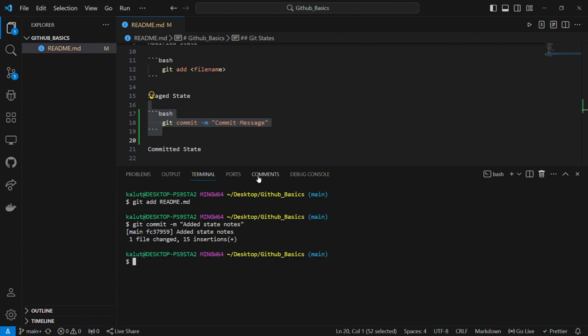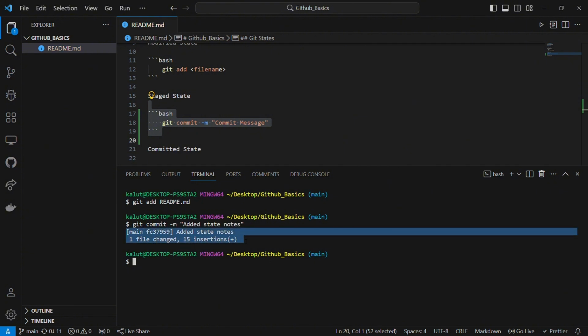Hit on enter. So now you see that there is this message here from main, and the ID is there, the commit ID, then the commit message. So added notes. Also, because this is a tracking system, it tells you exactly what you've done. You've just changed one file, and you've changed this one file by adding 15 insertions. So now that you've already staged,